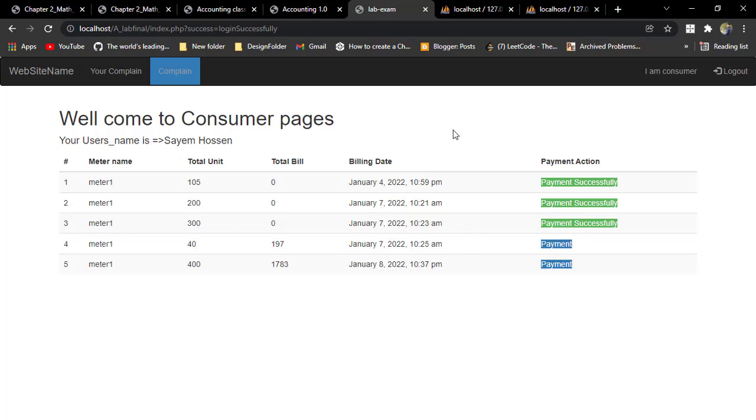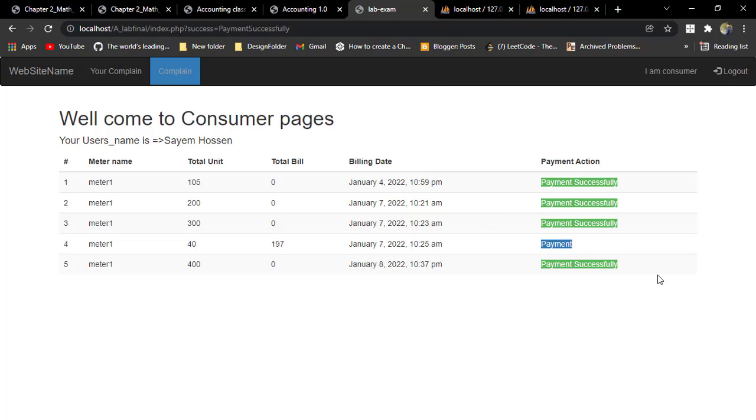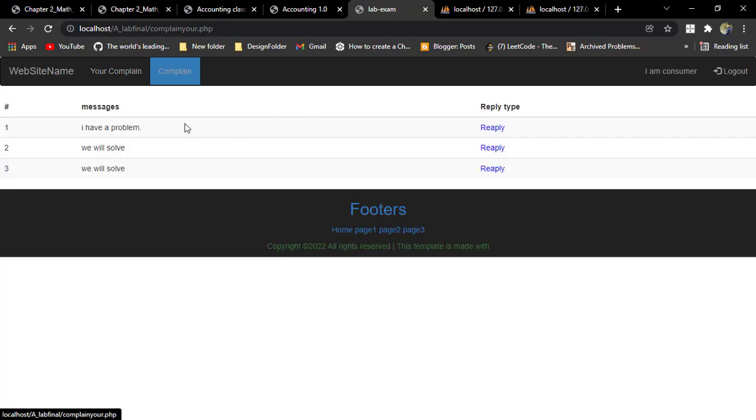If a consumer wants to pay her bill, we will add the payment gateway next time. Now the shortcut formula, then if we click the payment button, then payment is completed. You can also submit your complaint.